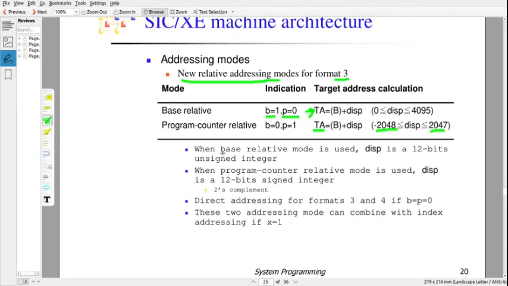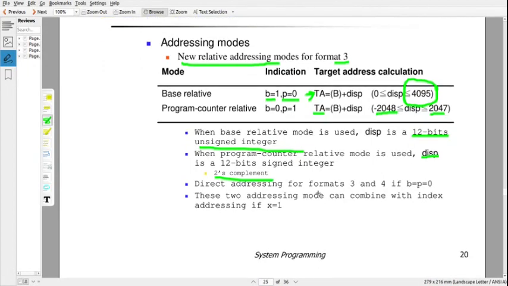When the base relative mode is used, the displacement is a 12-bit unsigned integer, so that is why the maximum is 4096. But when we are using program counter relative mode, the displacement is a 12-bit signed number, so we use 2's complement representation. That is why the displacement ranges from negative to positive. So both forward and backward moves are possible in program counter relative mode. If B is equal to 0 and P is equal to 0, then the addressing mode of the format 3 instruction